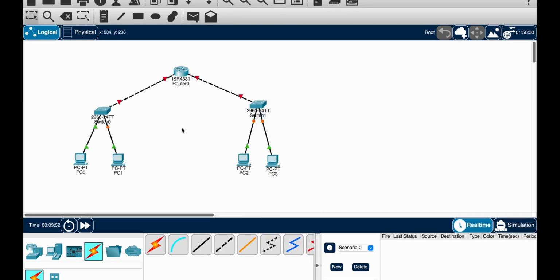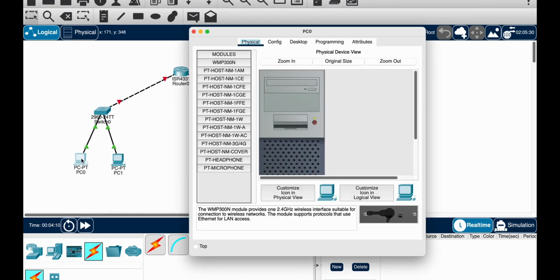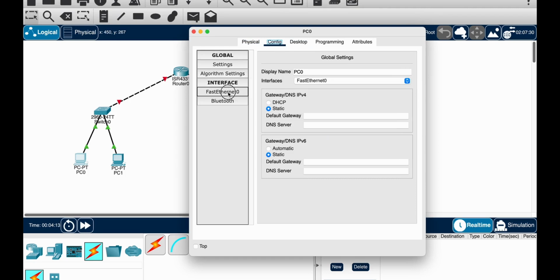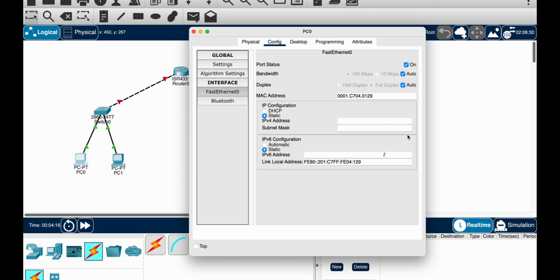All right, so now everything is connected, and we are going to give some static IPs to these PCs over here. You would remember from previous labs that we should have a DHCP over here, and that is supposed to tell these PCs what their IPs are. But for now, to keep things simple, let's go ahead and assign one IP address to this PC over here. So we are going to go to our config, and our FastEthernet0,